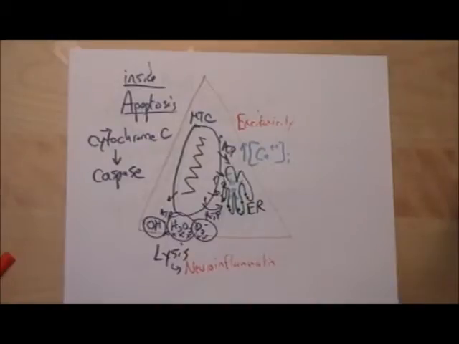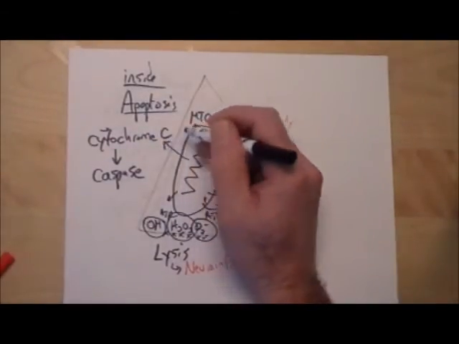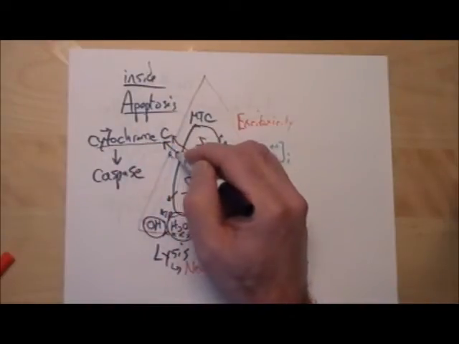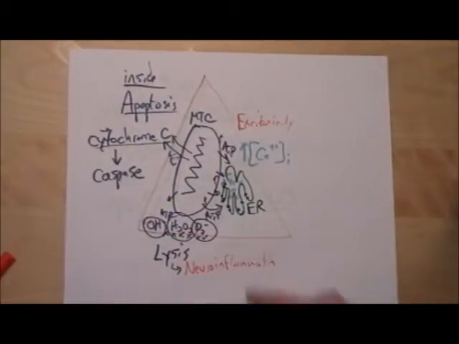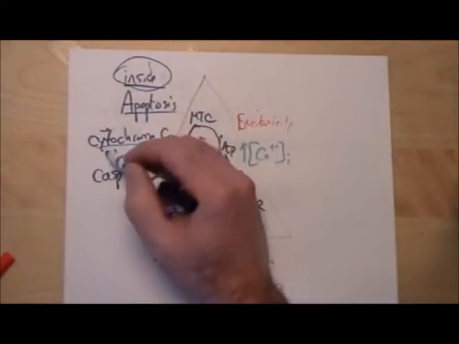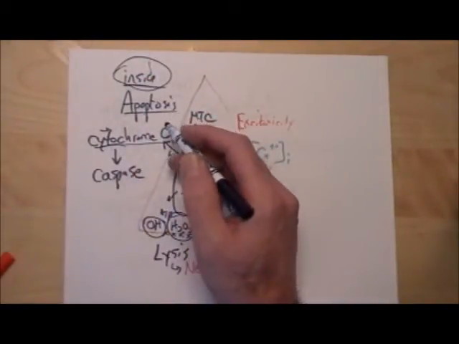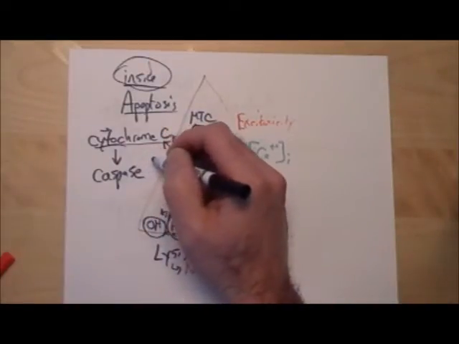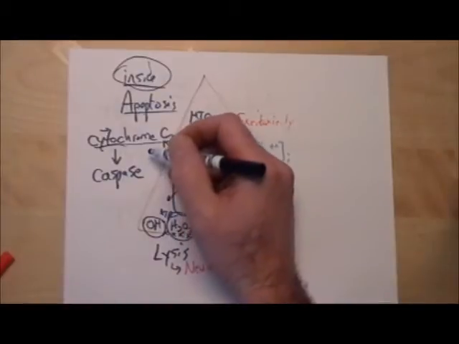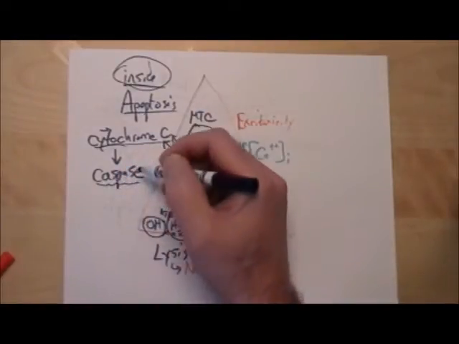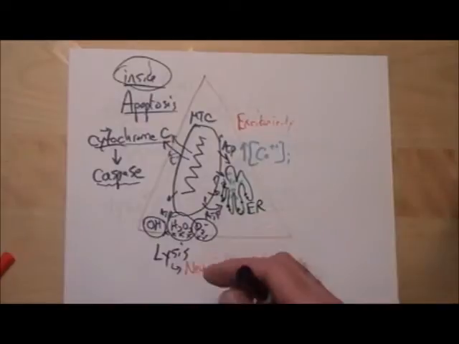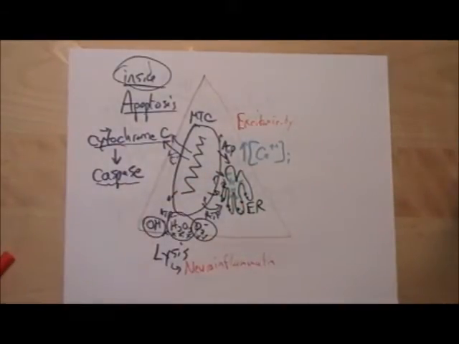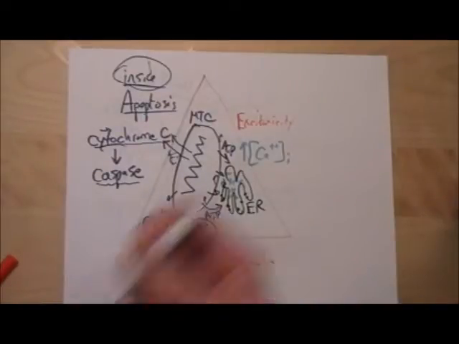As cytochrome C is coming out of the mitochondria, still within the cell, make sure you get that it's within the cell boundaries. So all happening inside the cell. Cytochrome C is coming off, activating caspase. There are lots of different species, caspase 3, caspase 9, it doesn't really matter at this point, but caspase is a signaling molecule that can now feed back to, remember we're inside the neuron,